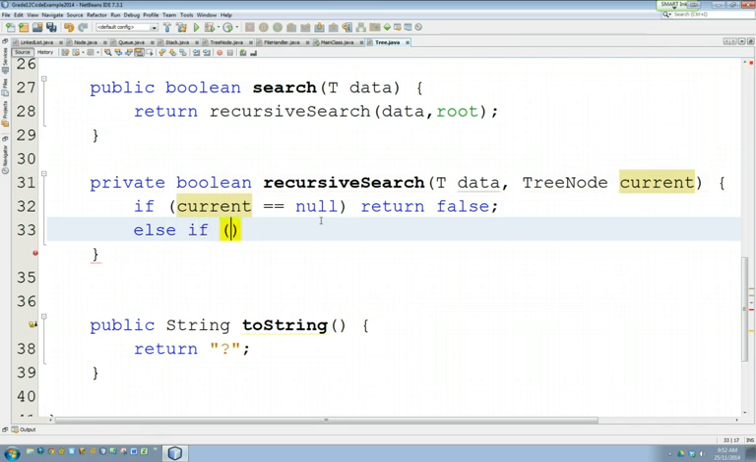Else, if current, or pardon me, I take data, that's the parameter, dot compareTo. CompareTo is enforced because we use the Comparable interface. We cast it as type T. We have to do that. Current dot data. Okay? And if that's less than 0, so that's a nasty line,